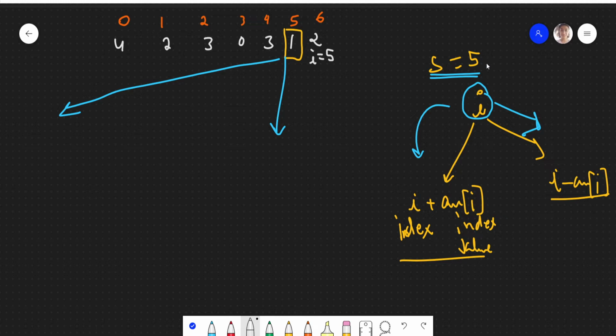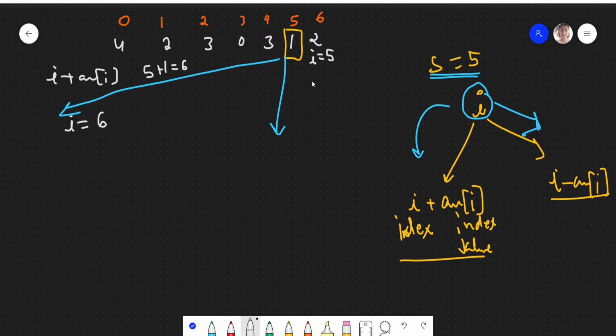We have to start from 5. So I is 5, we can go to I plus ARR of I. 5 plus ARR of I, which is 1. So 5 plus 1 is 6. So our next I could be 6.